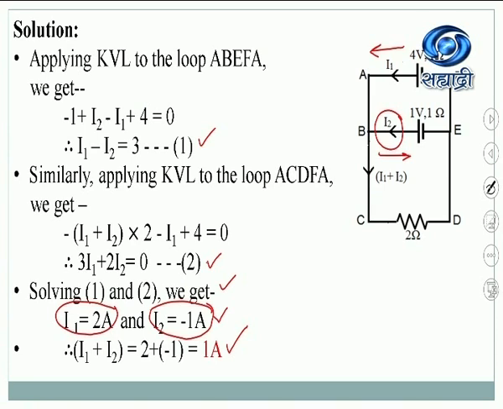Now, what does this indicate? Whatever we had shown in the diagram, is it wrong? Not at all. Remember, whatever we have shown is correct. But when we solve the numerical properly, it shows that actually the current is not in this direction, but in the opposite direction. And therefore, if I write I1 plus I2 as 2 plus 1, it will be 3. But since we know that I2 is negative, I1 plus I2 is not 2 plus 1, but 2 minus 1. So this is 1 ampere.